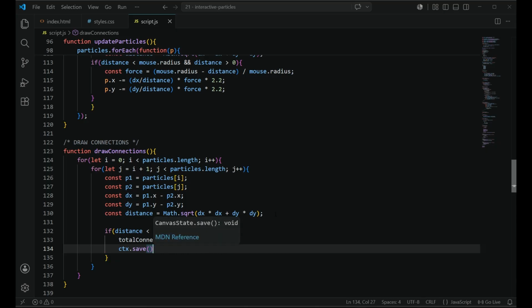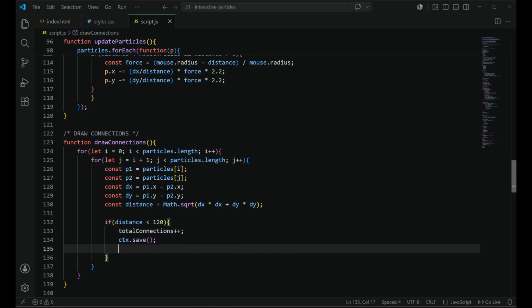So the previous values will be saved, and then we set ctx.globalAlpha as 1 minus distance divided by 120,